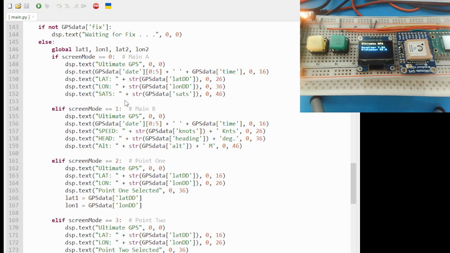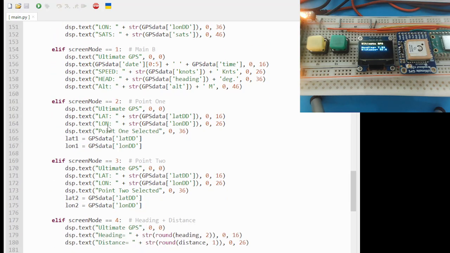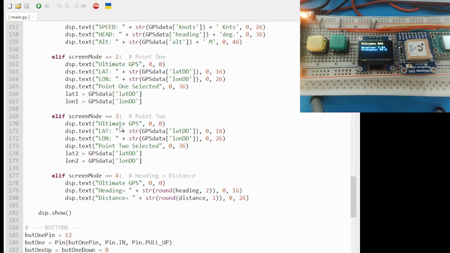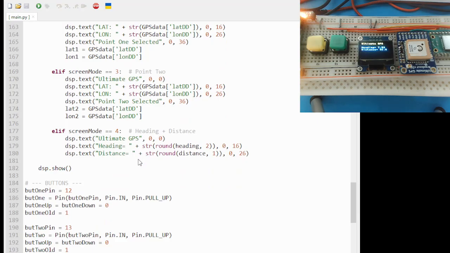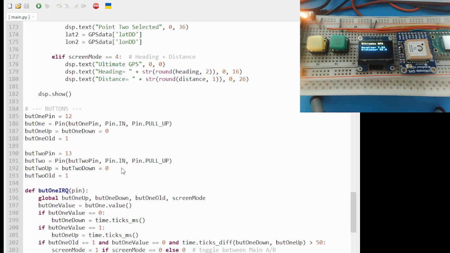Screen 0 was the initial stuff with the latitude, longitude, the sats. And then screen 1 was the speed, the heading, and altitude. And then screen 2 was waypoint number 1, latitude and longitude. And then screen 3 was waypoint number 2, latitude and longitude. And then we take this, and down here we display the heading and the distance, which is calculated up there. Now if I go down here,